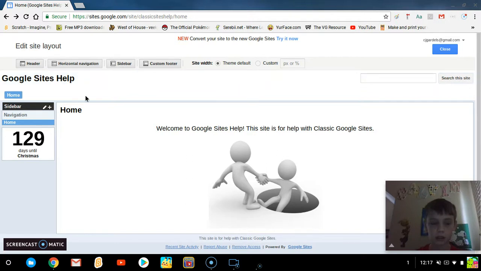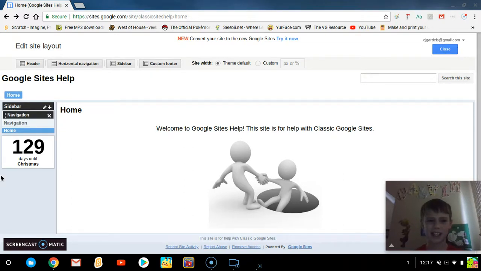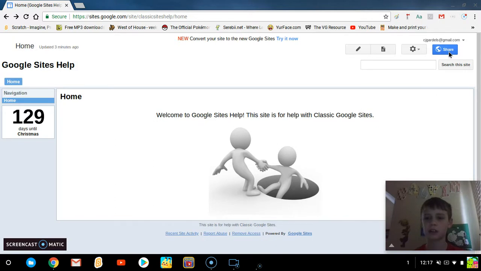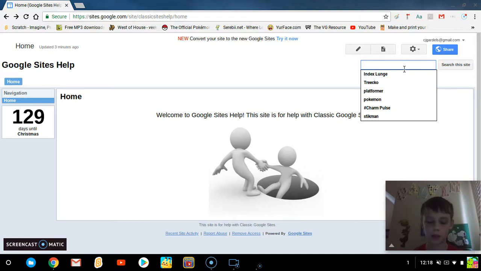Yes. Sidebar, it's this. Very important, that you're probably not going to get anywhere as easily, unless you had a sitemap up here. So you want to make sure you have a sidebar. Really important. Header, good idea. There's a search bar. Can't customize it as much. You can search whatever you want, like